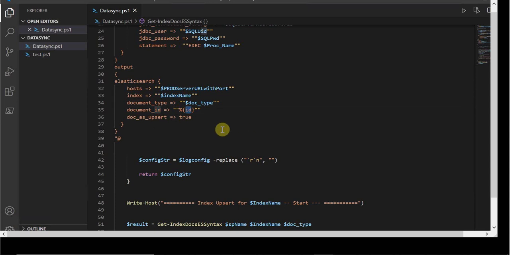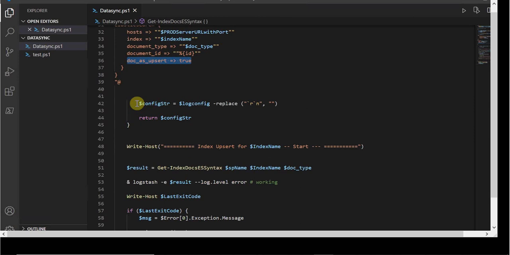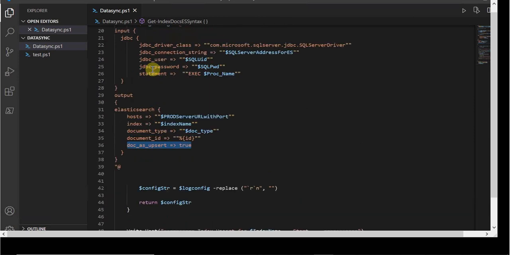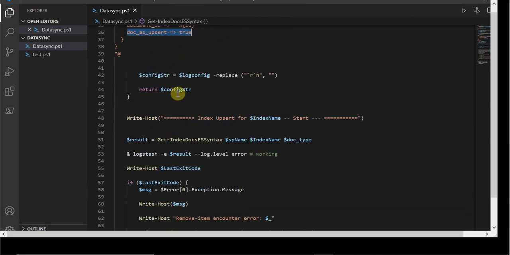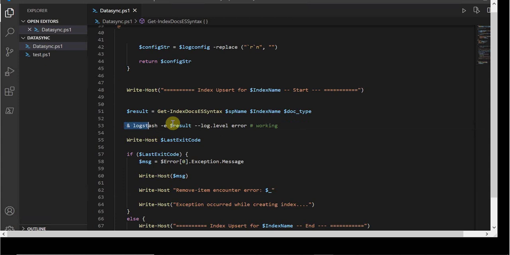It will perform upsert operations, so we set it to true. Everything is combined and written in string format. This is the main command to execute Logstash.